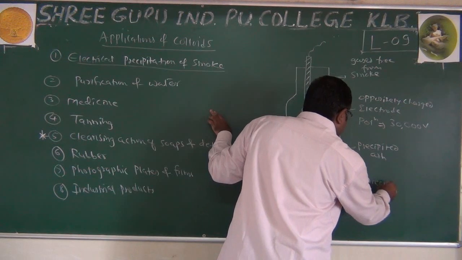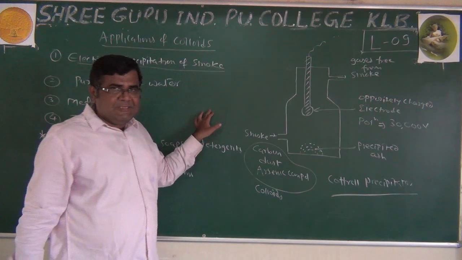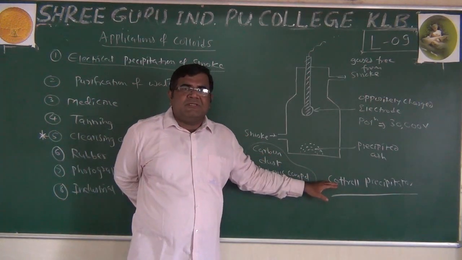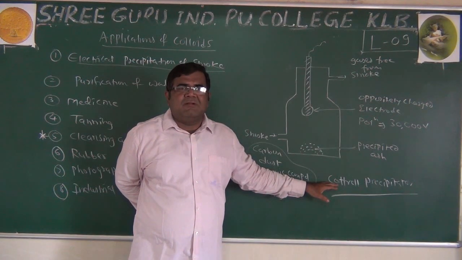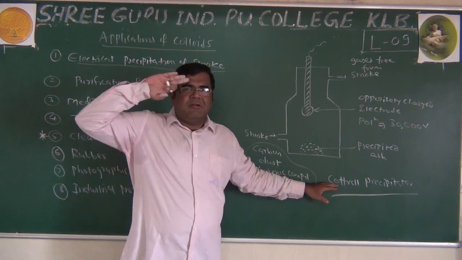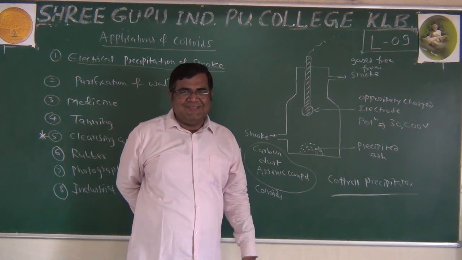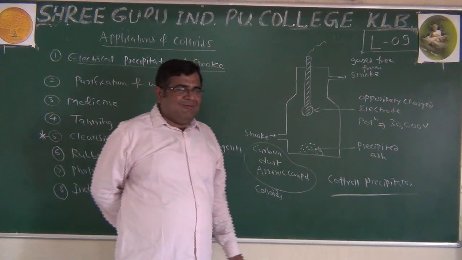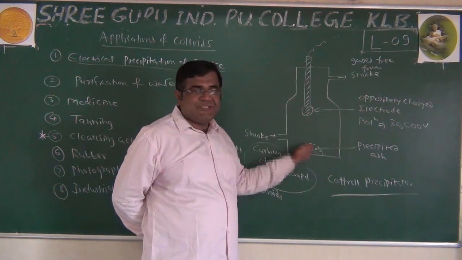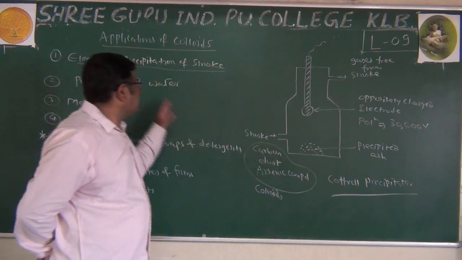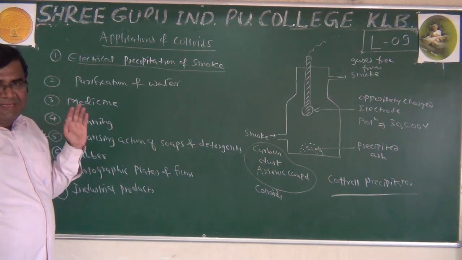Cottrell precipitator. Cottrell is the name of a scientist. It is also the name of the bowler of Kings XI who makes a salute when the batsman gets out, a unique way of celebration. If you watch IPL, you remember this. Cottrell precipitator is called this arrangement. So it can be asked separately for 2 marks. So prepare 2-3 sentences you can write and this labelled diagram you can draw.